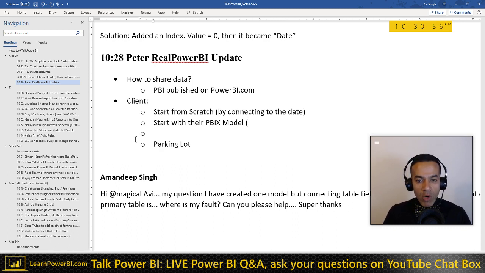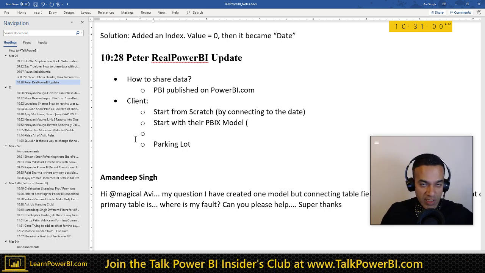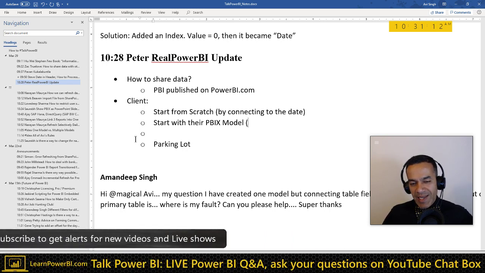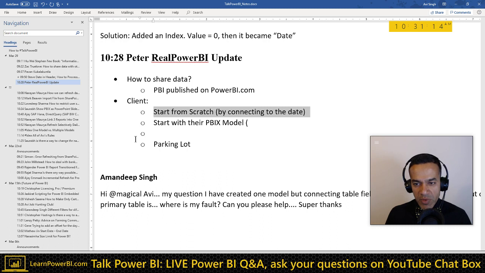They wouldn't even know the term model. They're just building a report and slapdash putting things there, like, I put this graph, and this is what I built. So it becomes extremely challenging to work with something like that. Even if they have some knowledge and understanding, it's still easier to start from scratch. So my general preference would be to just start from scratch.